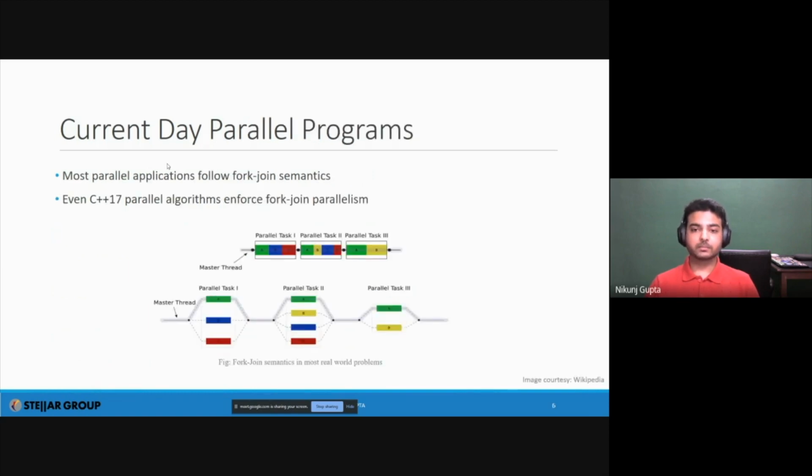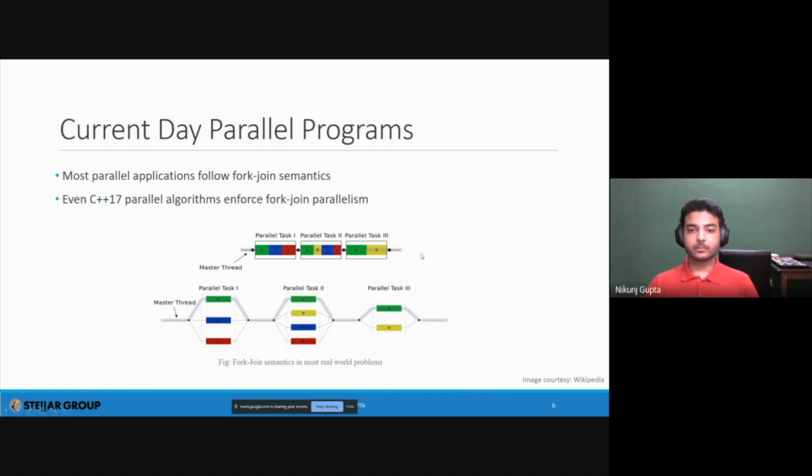And that's a major bottleneck, because in the end, what you end up having is a fork-join based parallel model. To understand what fork-join semantics are, let's look at this diagram. A serial program in C++ runs on a single thread. Let's call that the master thread. If you have work on this thread, it is executed sequentially.